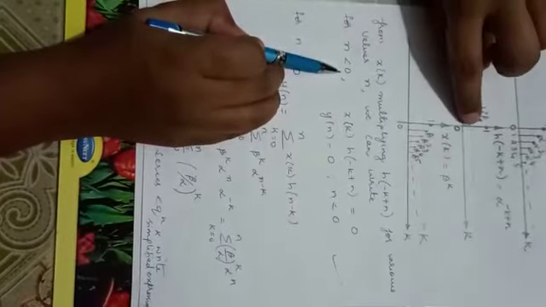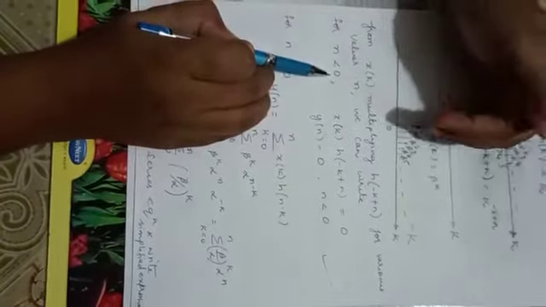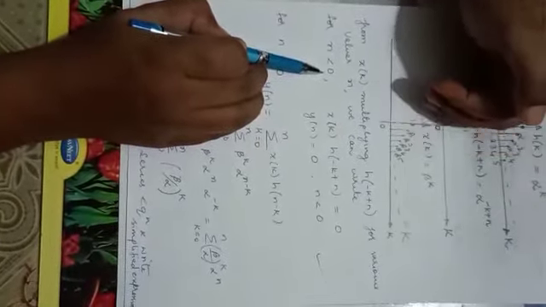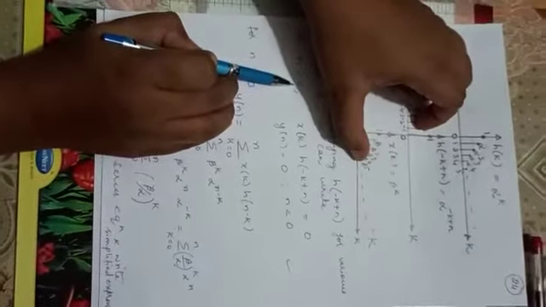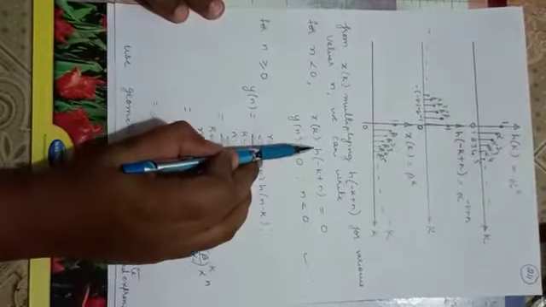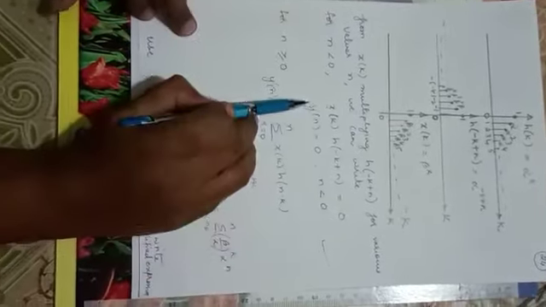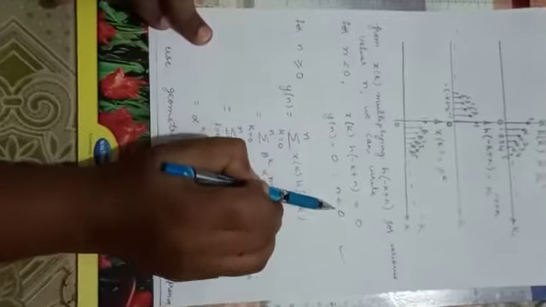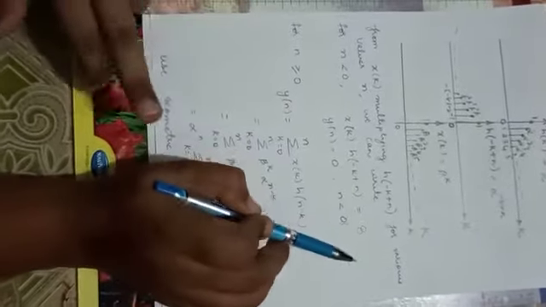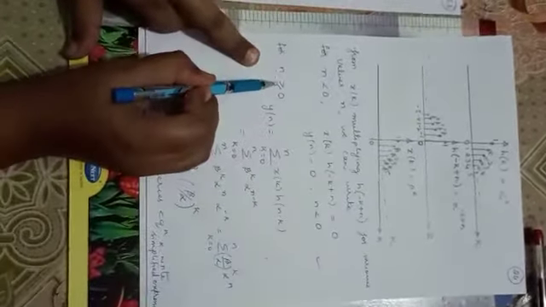N less than 0 means the signal has to be shifted left. If I shift this left, then when you multiply there won't be any product. So x of k multiplied by h of minus k plus n is 0. When there is no product, y of n is also 0 for n less than 0. The product exists only when the shifting factor is greater than or equal to 0. So I am writing for n greater than or equal to 0, this product exists.